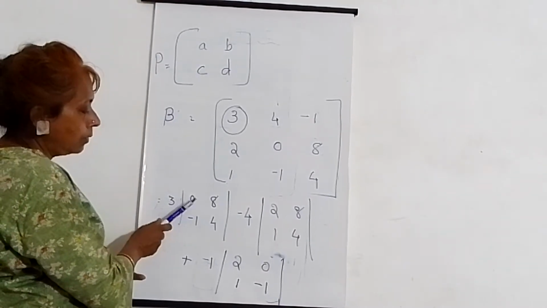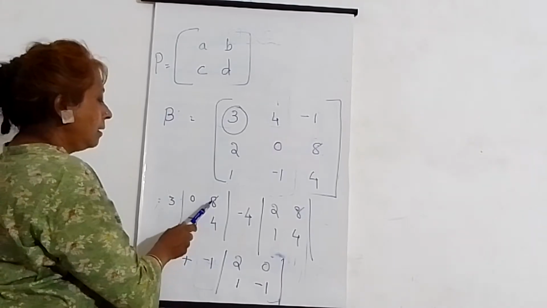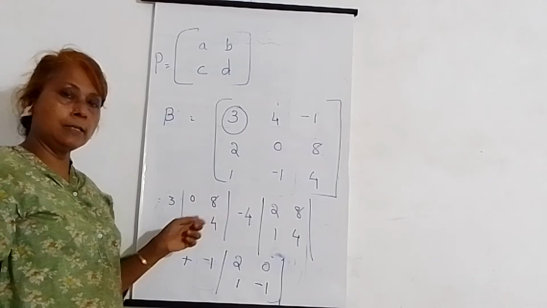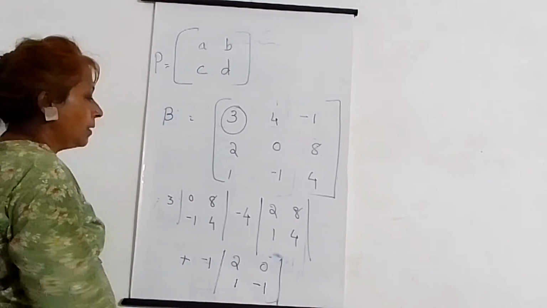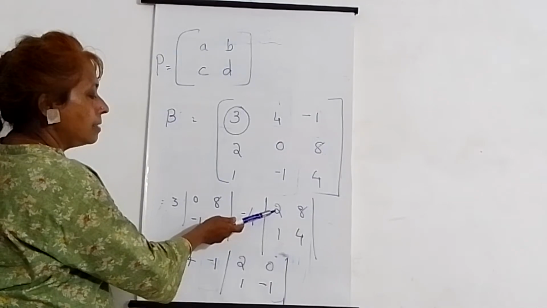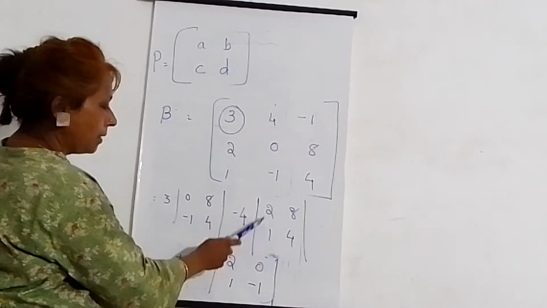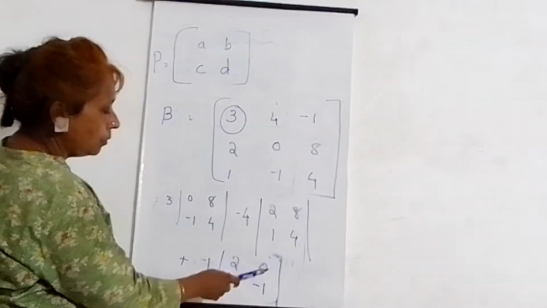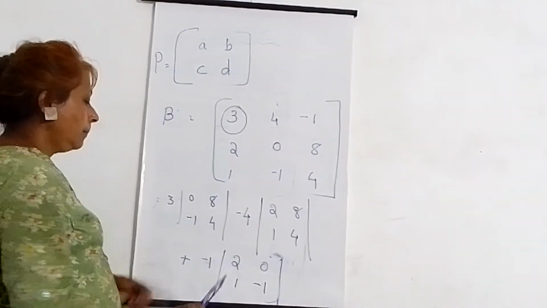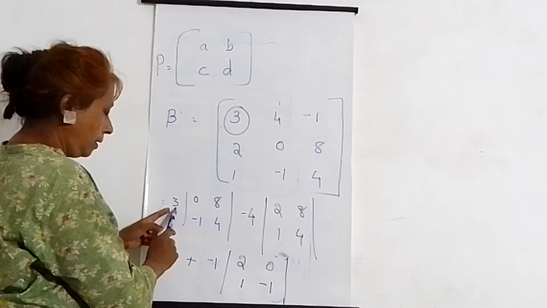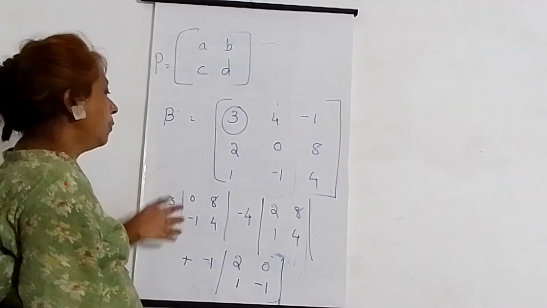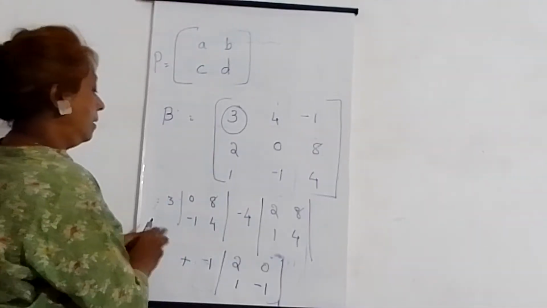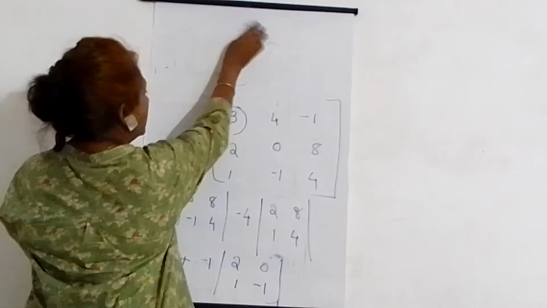3 into 0 times 4 is 0, and then minus of -1 into 8. This minus with the other minus will make it positive. So we can do the calculation like that. Here it is 2 times 4, 8 minus 8. Here this is minus, then -2 minus 0, then multiply with the value which is outside, then we will get the value of the determinant. Okay, now I can rub this and then we can proceed. So the value of this determinant is